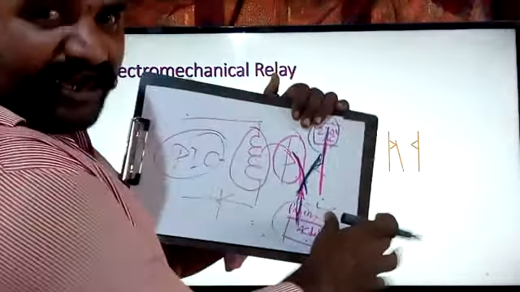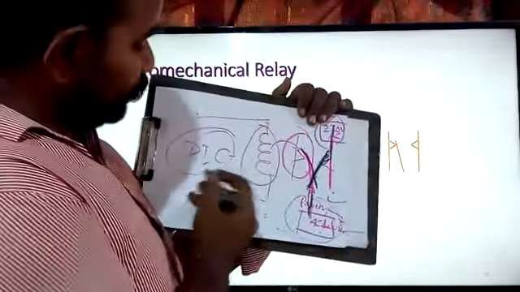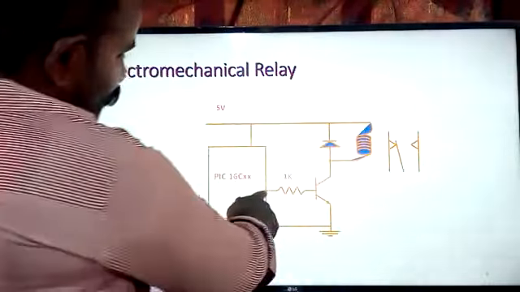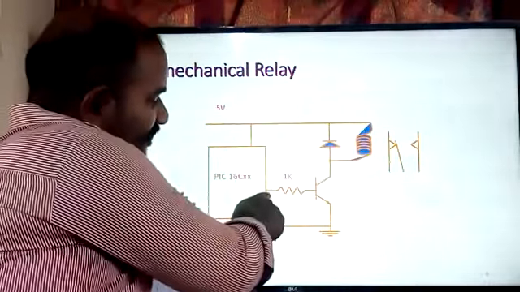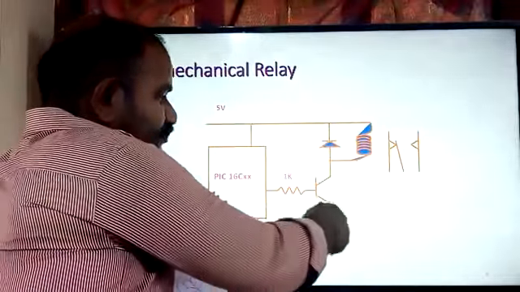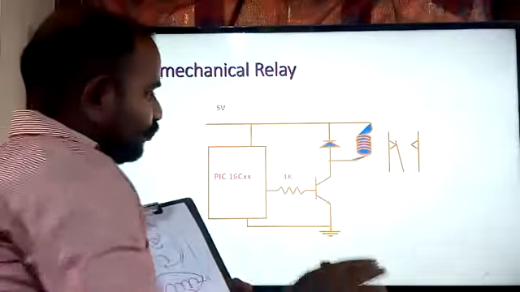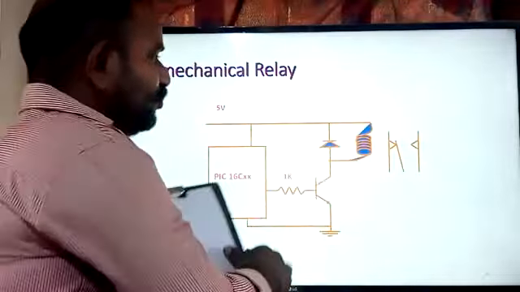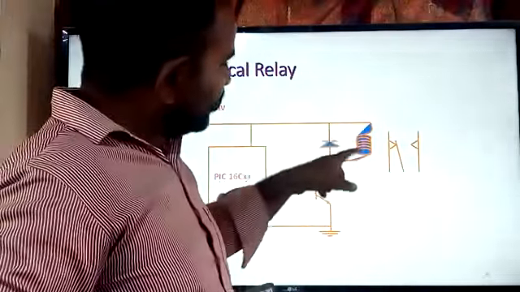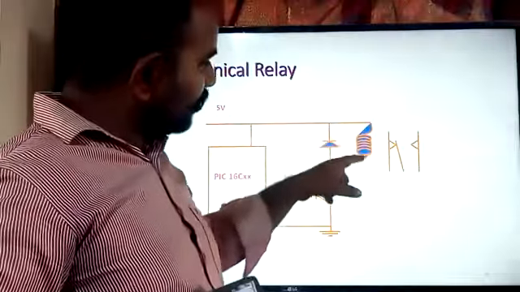When you would like to turn off this particular AC, what I am going to do is send the binary 0 over here. When I am sending the binary 0, obviously this is going to be the turn off mode. The BJT is going to enter the turn off mode. When it enters the turn off mode, obviously the electromagnetic field which is developed over here